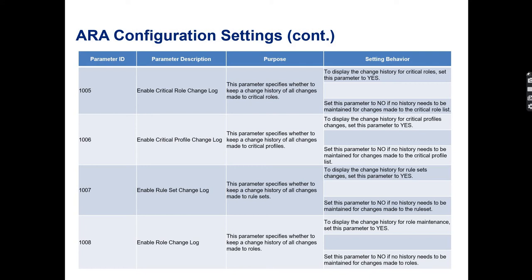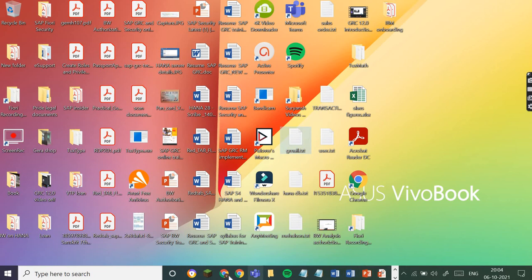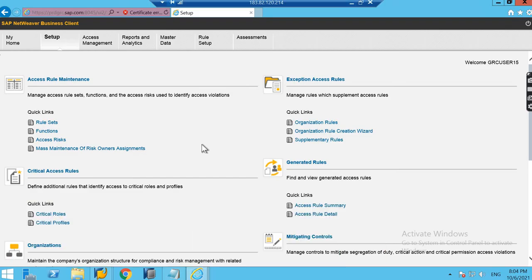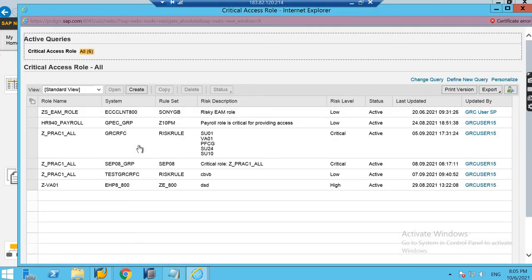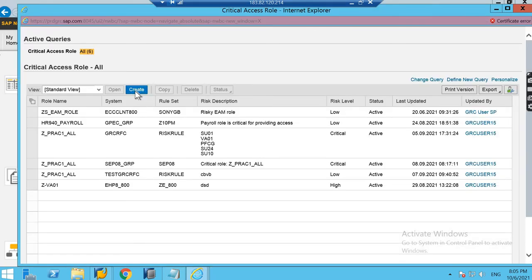As an example, there will be some separate or specific role which can be assigned to very few users, so we mention that as a critical role. We can define that here in this critical role section. So if we click here on critical role and click on create,